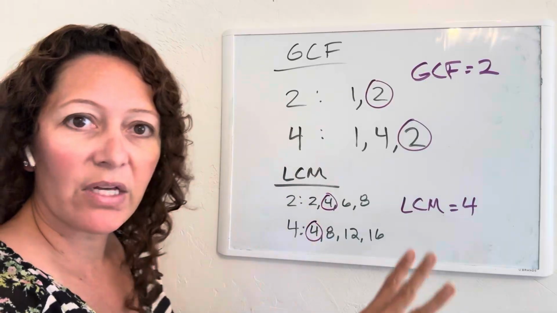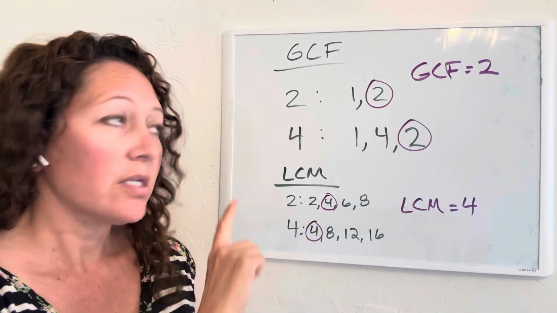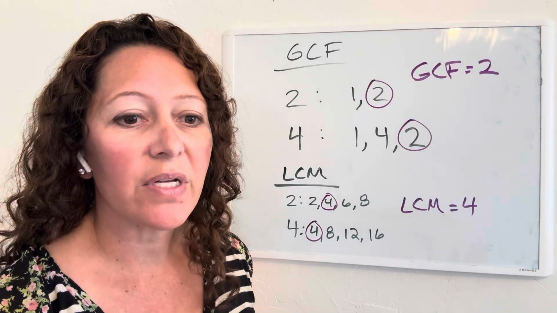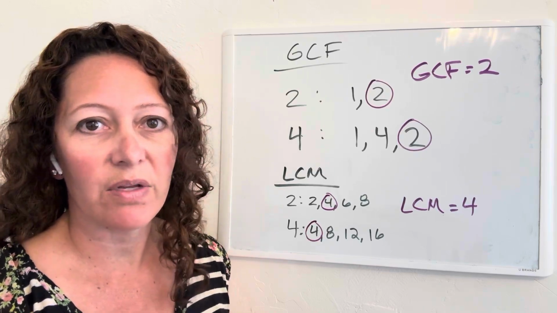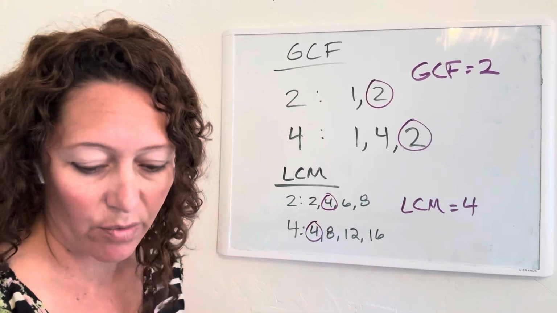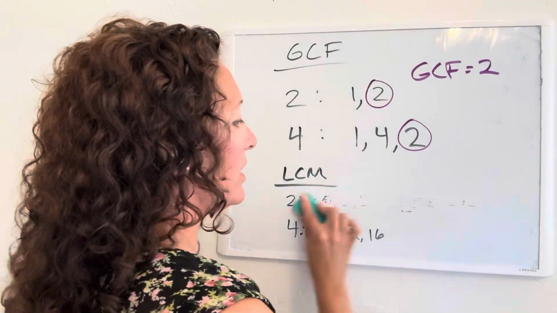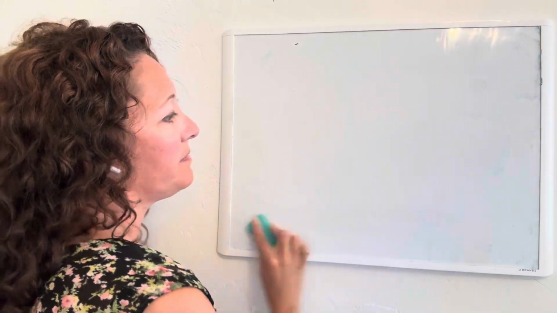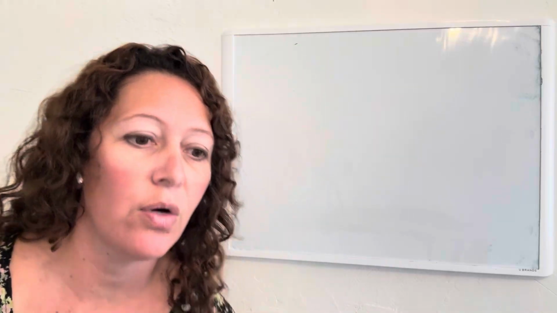So that's what they'll have to do if they are a complex student on their student pages. Greatest common factor, least common multiple. They actually talk about least common multiple on this page, but they don't even show greatest common factor, but they're going to have it in their problem. So I think the nice thing to do is just refresh them on what that is and what it looks like. And then if you have monomial students, you also have prime factorization that they need to know.